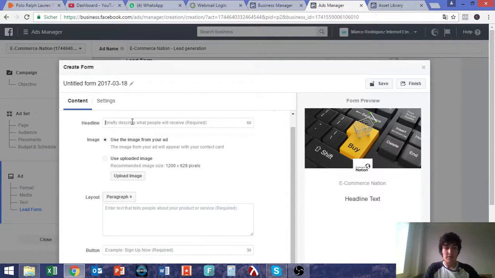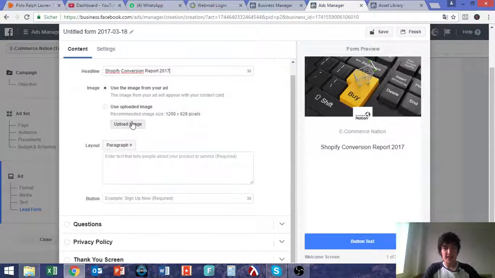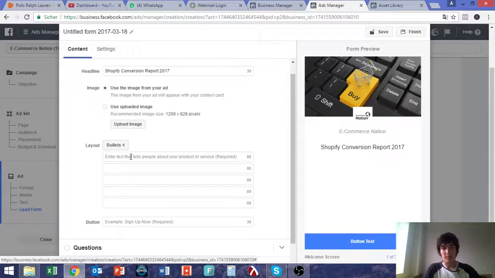So for example, let's say Shopify conversion report 2017. Let's say you just want to offer a conversion report about Shopify, let's say a PDF file or something. You can use this headline, and then you can choose whether you want to use a paragraph, so just basically text, or if you want to use bullets, which is what I normally prefer because you can really say what this thing is about. For example,